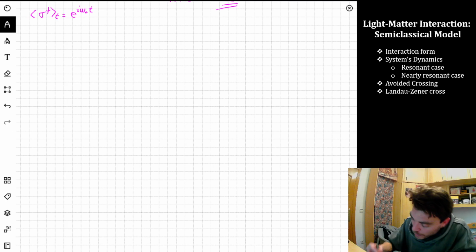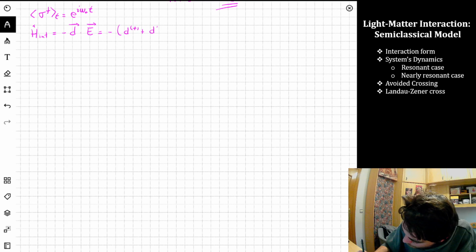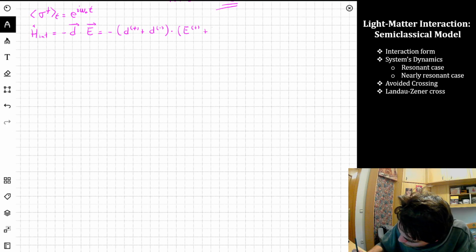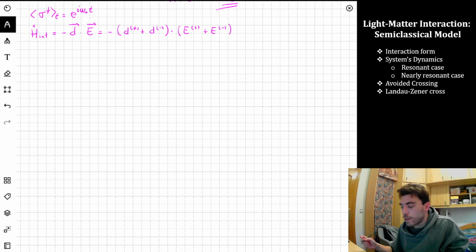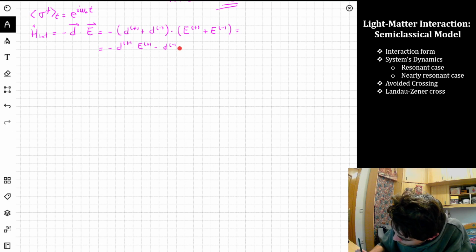But now this means the following: the Hamiltonian of the interaction that we just discovered before is minus d times e. But now this is minus d plus, d minus, these are all vectors, but I'm going to forget about that, it's not important. And now e plus plus e minus, because we played that game at the very beginning of the video with the electric field, decomposing it in positive and negative frequencies. So now I have a lot of terms, no? The first term, well, 4 terms in particular, is d e plus, both plus. I will have another one that is both minus, and then I will have the combinations plus minus and